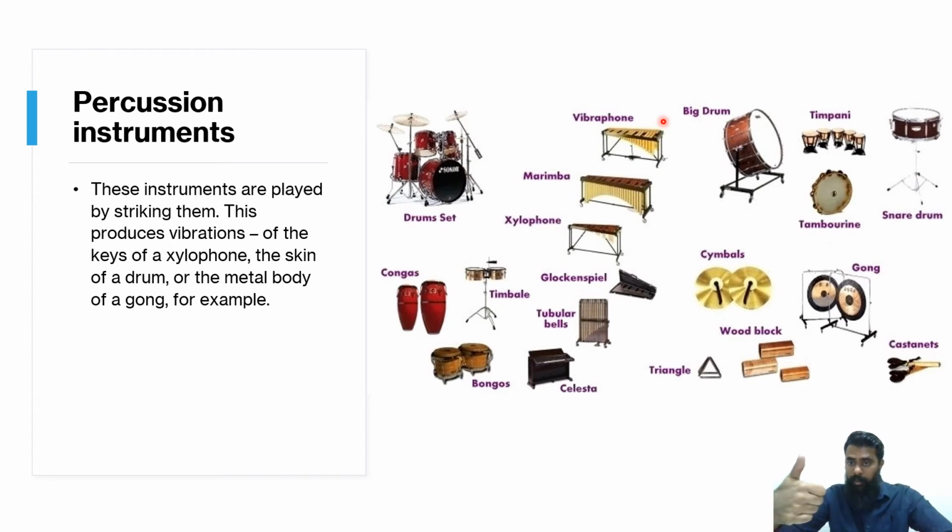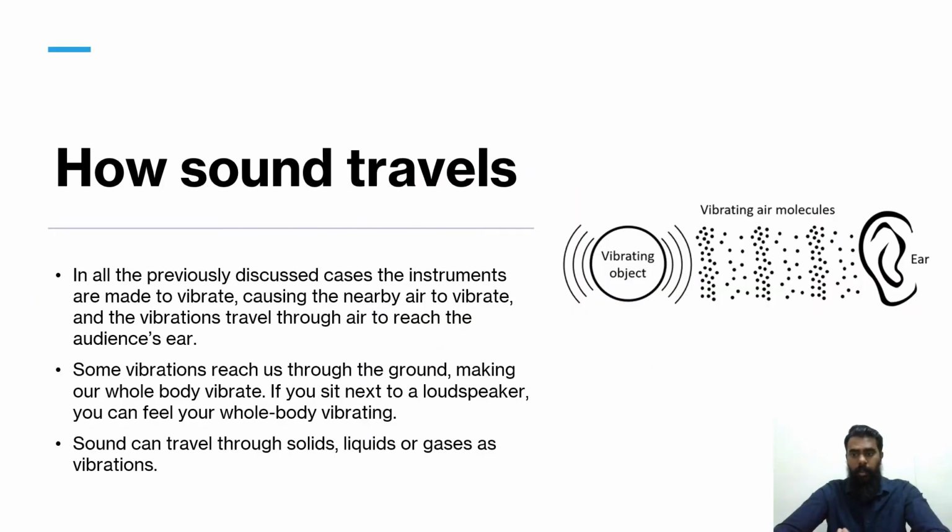They are made to vibrate. The body and the air in the instrument are made to vibrate, and a sound is heard. In all the three types of instruments that we have discussed, stringed, wind, and percussion, the instrument is made to vibrate,